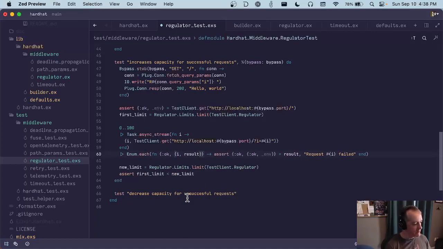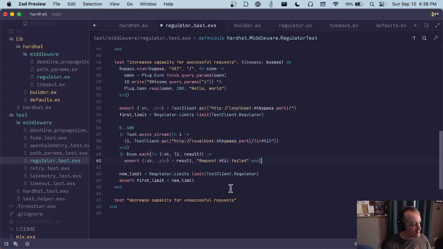Because that's what task async stream gives us. It gives us either okay or exit. And the other option we could do is put an assertion in here. That would give us exits, but